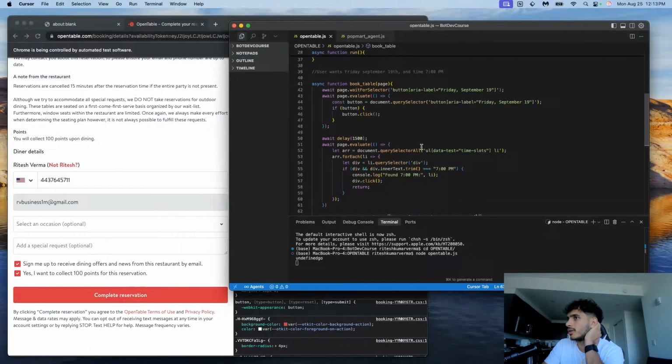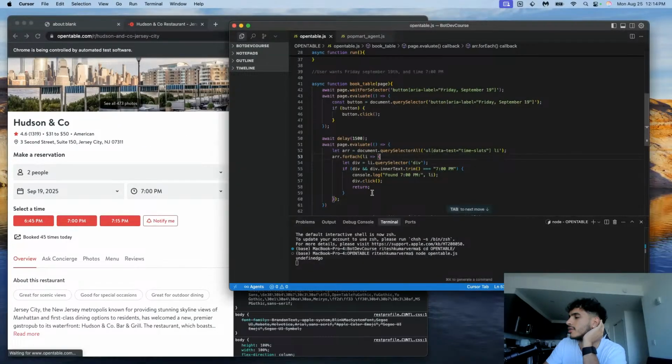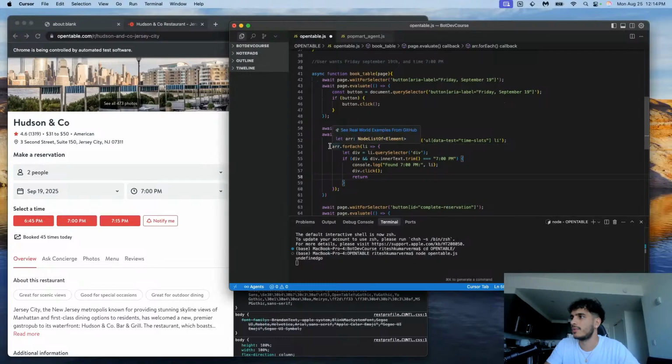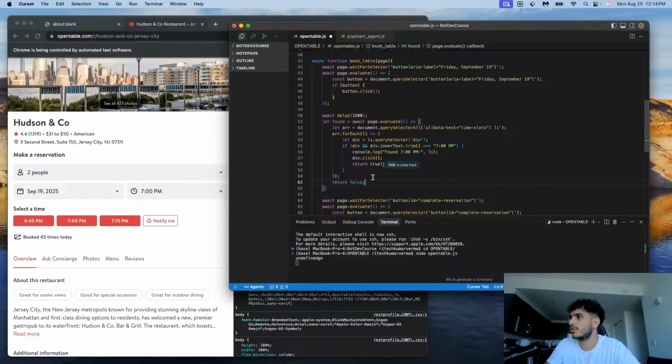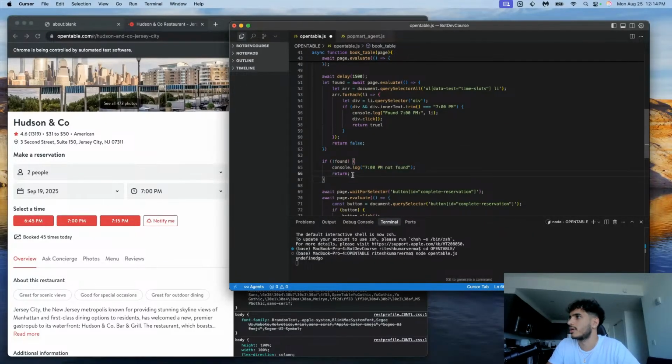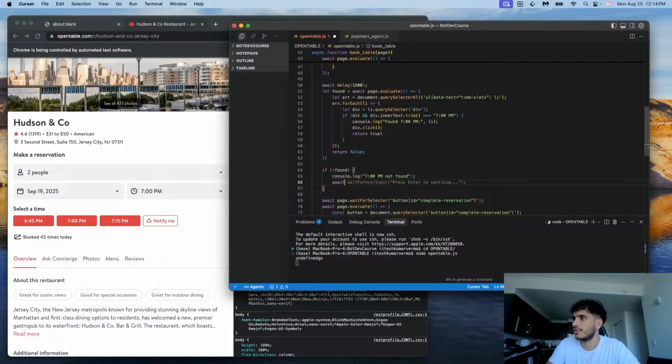All right, so it should click everything. We should be good. But now what happens if it's not available? What if it never found it? So let's return true. If it did find it eventually, then that means it all worked out. Otherwise, return false. And then we're gonna say if not found, we say 7 p.m. not found. And then we're just gonna have a nice big wait of, let's say, a delay of 30 seconds. All right, so every 30 seconds, our agent will scan if the time